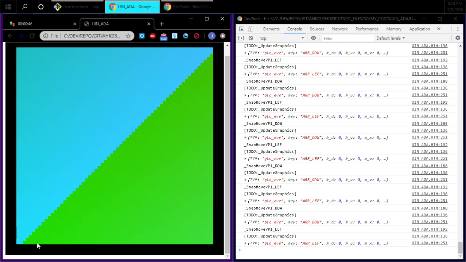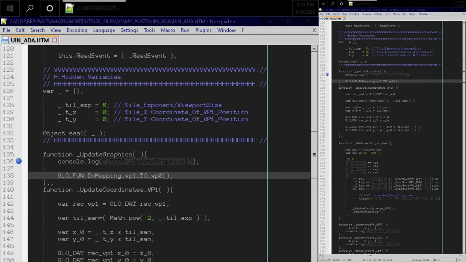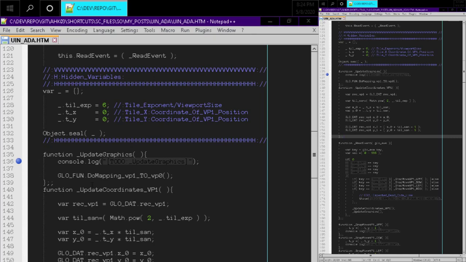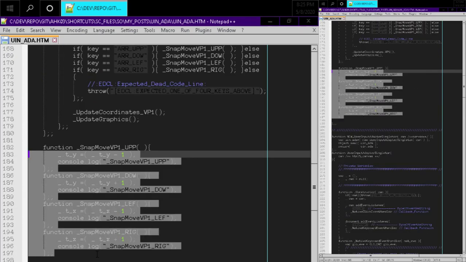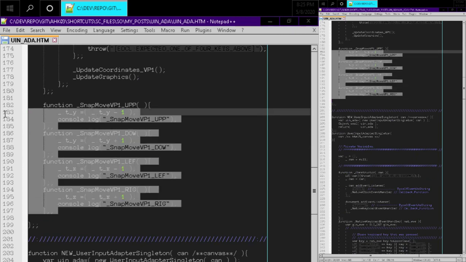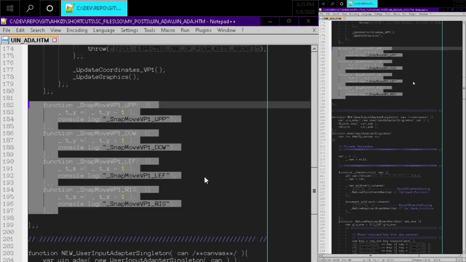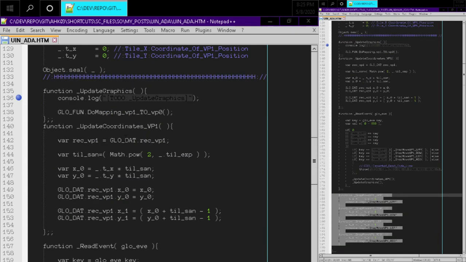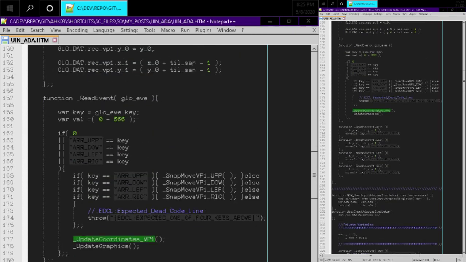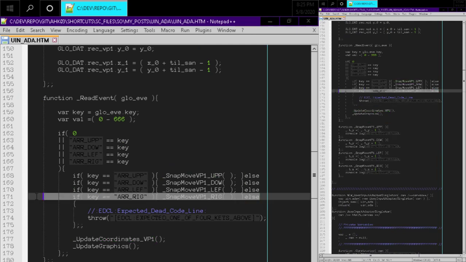Okay, I know what's happening here. We are going out of bounds. We don't have any logic that's saying, hey, if we go out of bounds, don't do that. We need some type of clamping logic. So if we look at update coordinates, now the question is, where do we add that clamping? Because we could add clamping code to every one of these function calls. I don't want to do that. That's a lot of code to maintain, and I'm lazy. And also, it would just make more sense to have the clamping code here, update coordinates, VP1, right? So these snap move functions